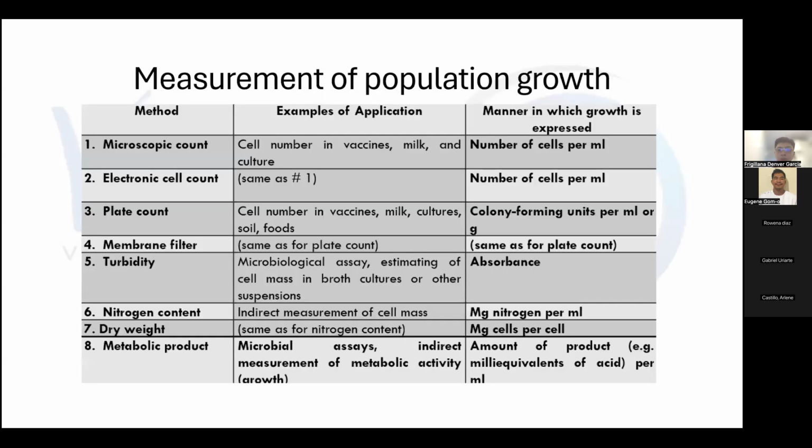So measures of population growth, microscopic count. Itong dalawa na lang ang explain ko since these are simple. So microscopic count, bibilangin nyo lang yung kanilang cells as well as colony count. Then turbidity, this is important for nutrient broths. Titingnan nyo lang if magkakaroon ng cloudy na formation doon sa media and if meron siyang amoy panis.